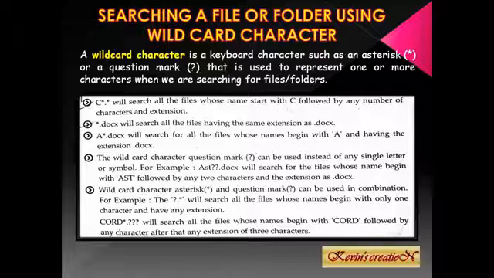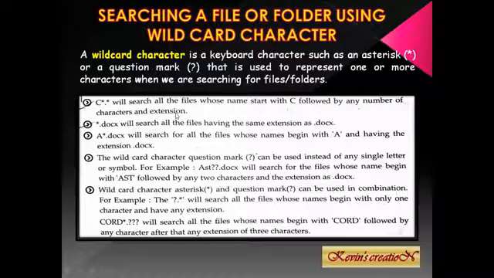Now I'll tell you how you can look for the desired files. Here you can see C asterisk dot asterisk. When you do that, it will search all the files, any file which starts with C, may it be computer, may it be anything, followed by any number of characters and any extension.